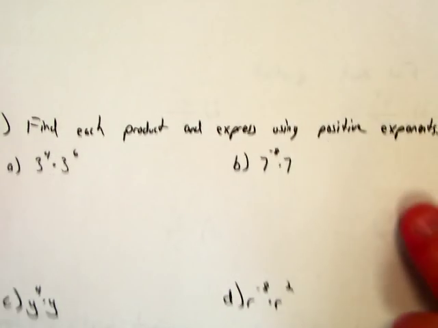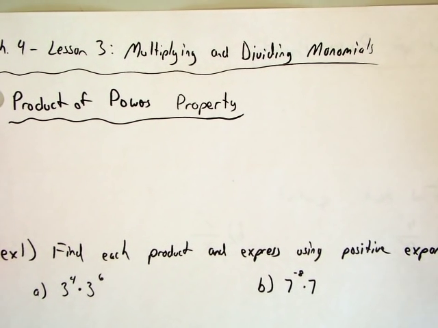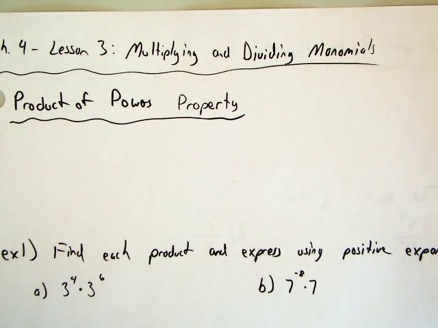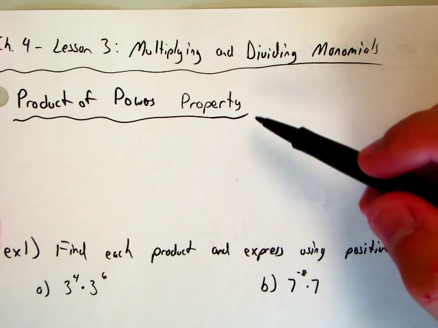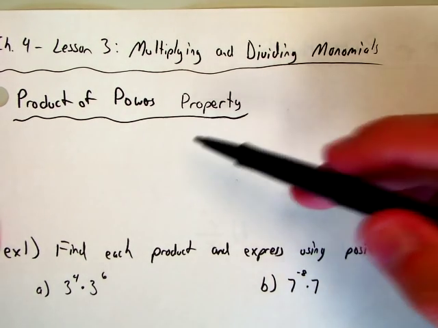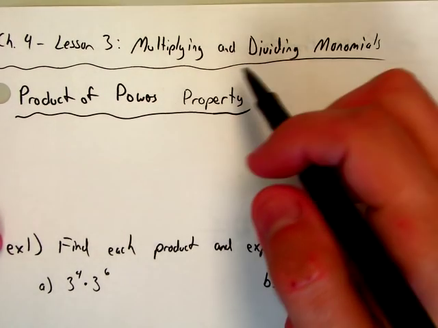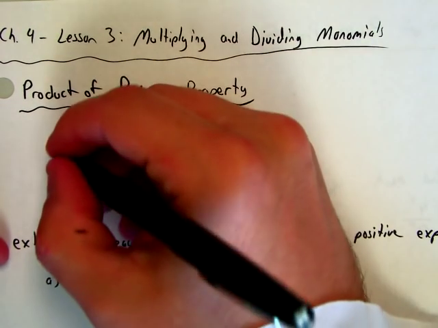Alright, today we're going to be talking about Chapter 4, Lesson 3. It's called Multiplying and Dividing Monomials. So the first thing we're going to be looking at is multiplying. We're going to be looking at something called the product of powers property. And what that says